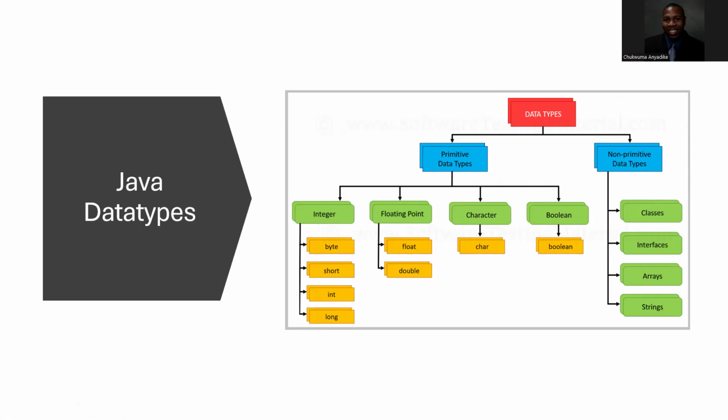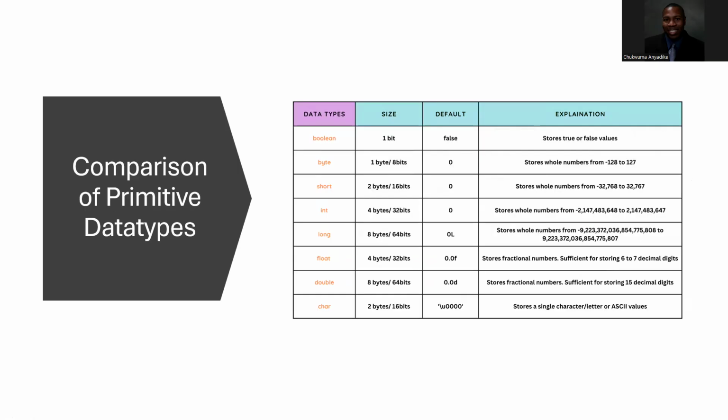Now let's look more closely at the differences. So when we compare primitive data types, one thing you will notice is that their sizes vary in the amount of memory that they can hold, the amount of bytes that they can hold. Okay? So your Booleans don't really require much memory because they only store true or false values. And then your integer types, from your bytes all the way up to your longs,